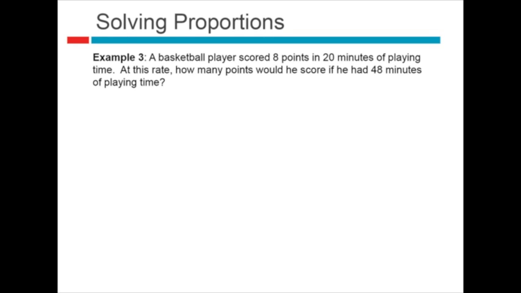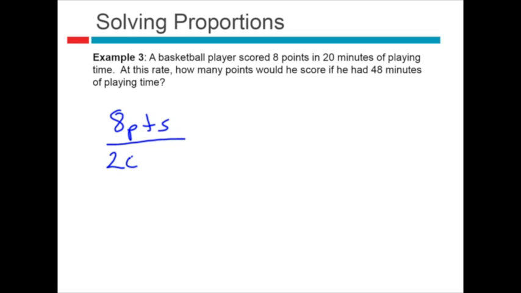Alright, now let's dig a little bit deeper into this. We're going to solve a proportion, but first, we're actually going to use a proportion to help solve a problem. In this example, a basketball player scored 8 points in 20 minutes of playing time. At this rate, how many points would he score if he had 48 minutes of playing time? So I'm going to use a proportion to help set this up. We're given an initial rate for this basketball player, that he scores 8 points